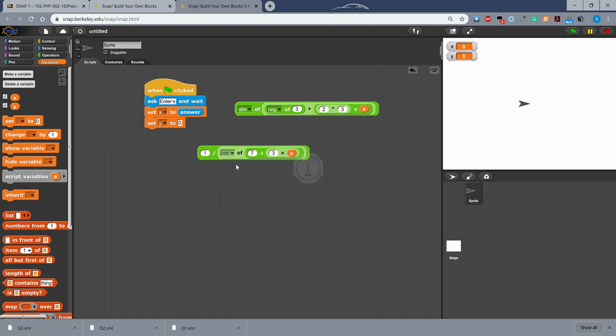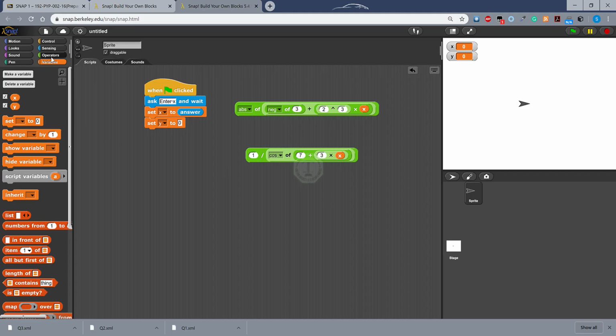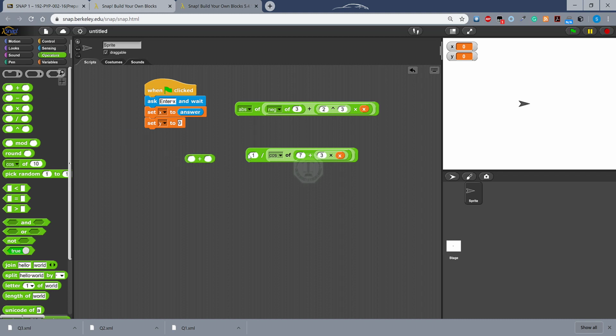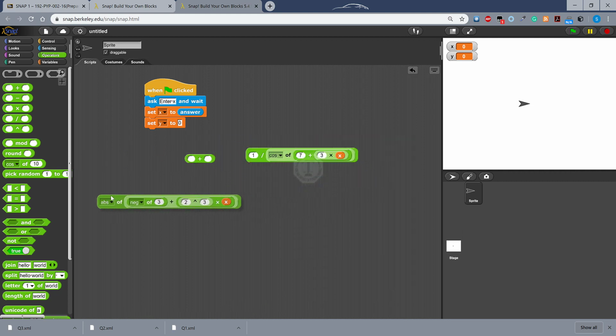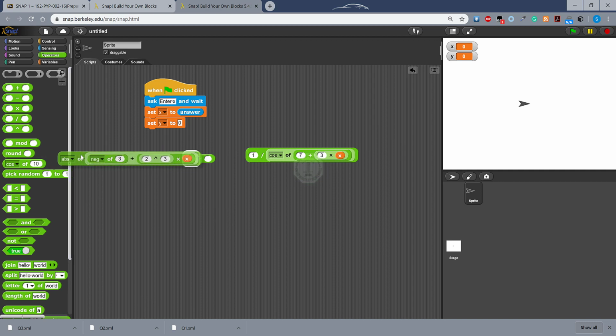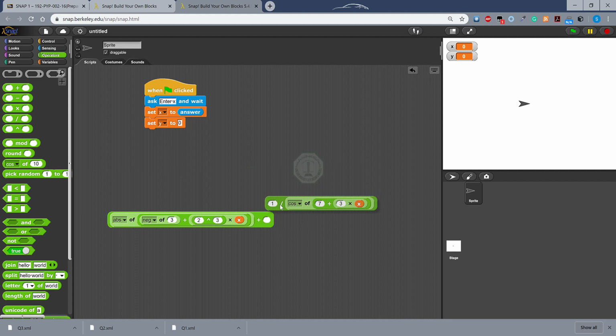And this is the left side, this is the right side. Between them we have addition. So I take addition out. The left side is the absolute. Make sure you put it in the right box. You see, it will show you different options. Don't put it in the wrong place. You have to put it on the left side of addition like this. Move the addition down. This equation should be on the right side like this,